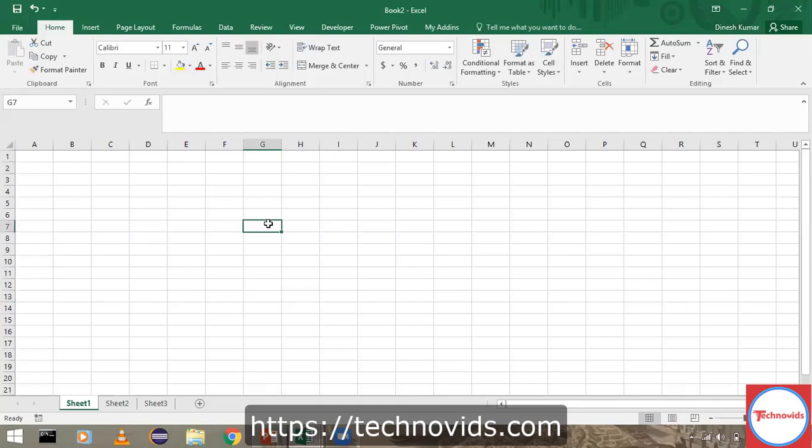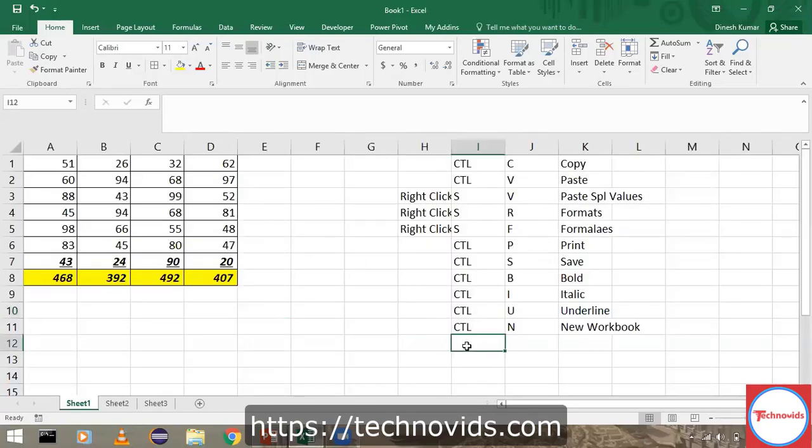And then on similar lines, when I open this workbook, I do all the operations which I want to do, and I want to close this active workbook. Control W is the shortcut key. So when you say Control W, then you can close the active workbook. That's what Control W will do. So Control N for opening a new workbook, Control W to close the current workbook, the active workbook we call it. It will not close the entire Excel application. It will only close the active workbook which you are working on, right? So that's Control W.